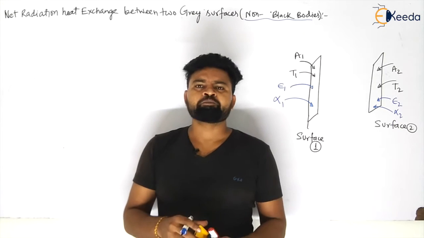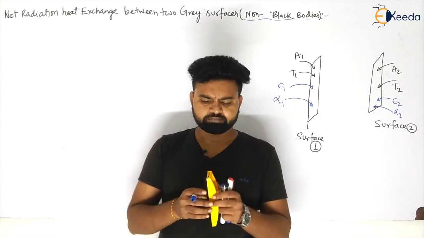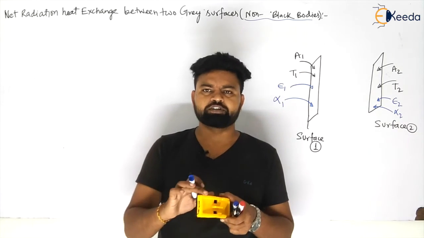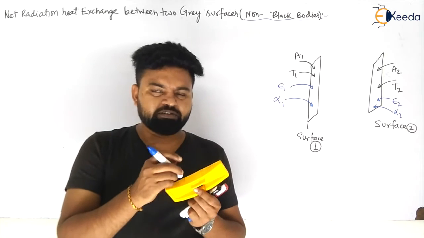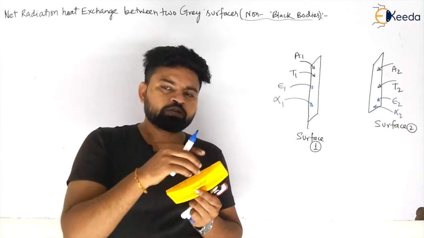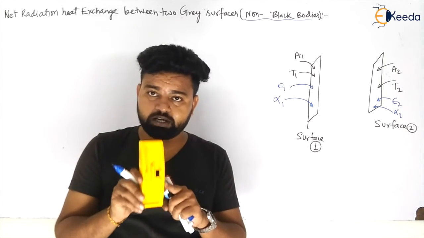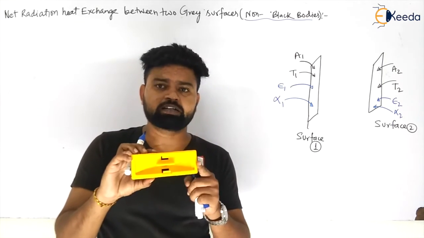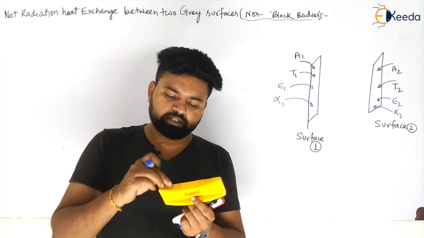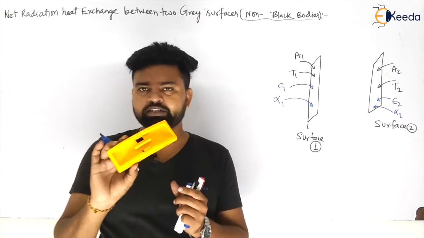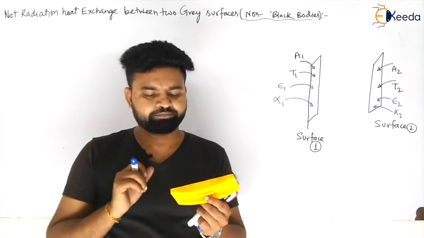What will happen? Let us say this is some gray surface. From this surface, my dear students, there will be emission of radiation. A number of waves are emitting from this. Actually, this is having some temperature T above 0 Kelvin. Let us take it like 300 or 320 Kelvin. So it will radiate in all directions. Yes.